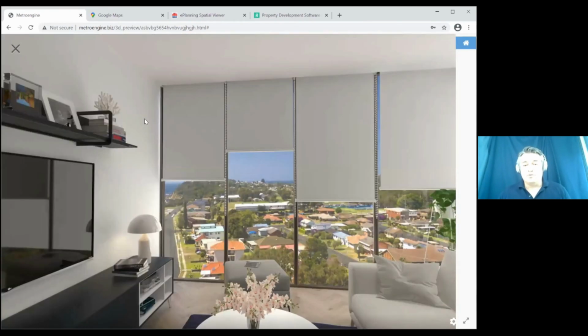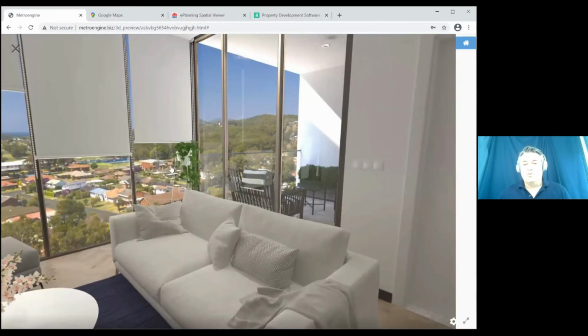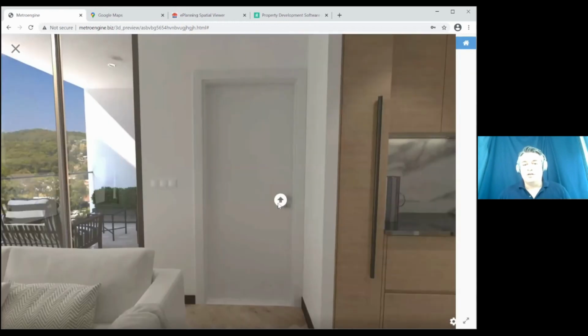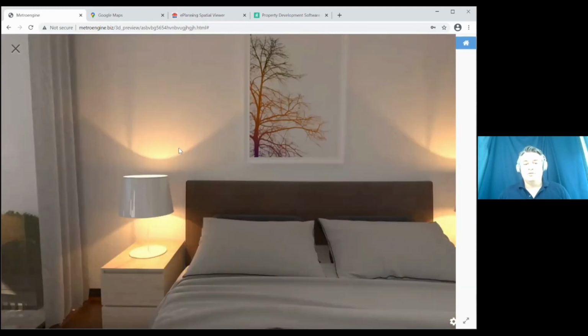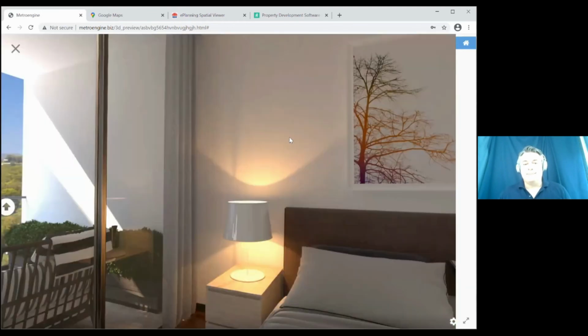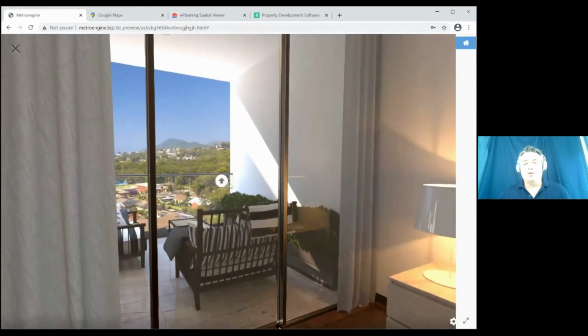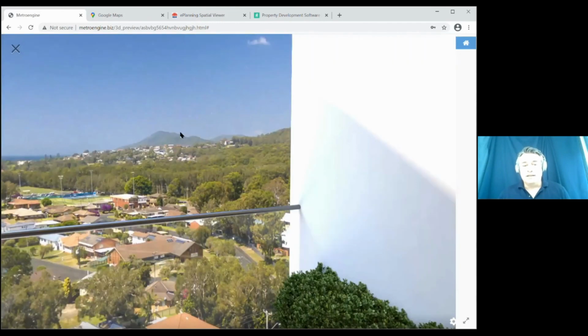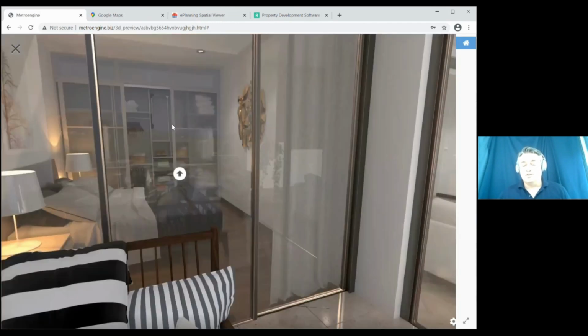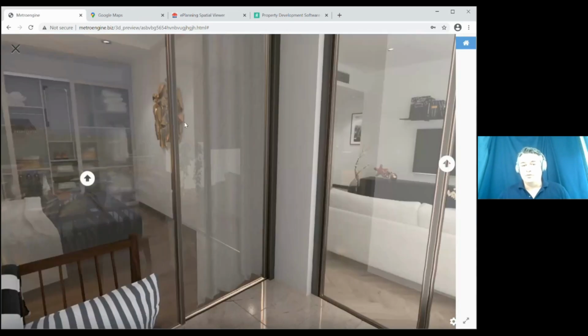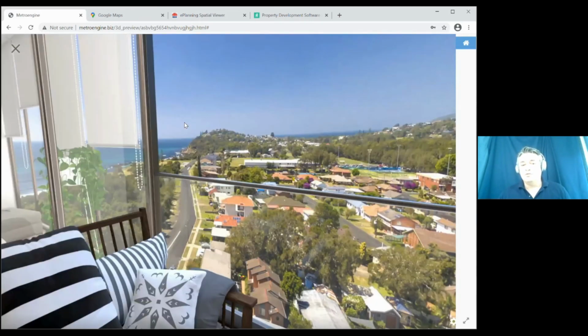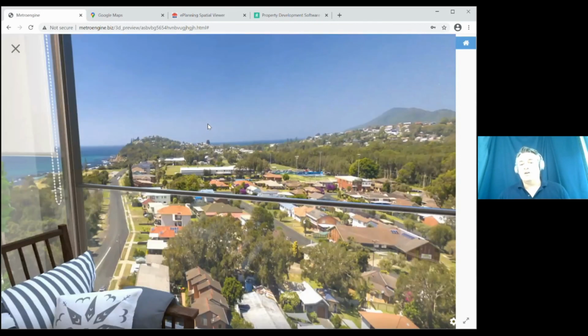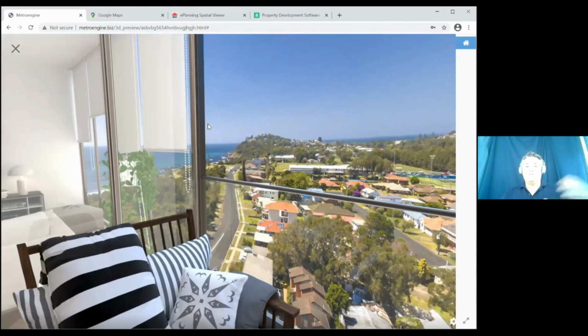This is the actual apartment of this building that's being sold. What I want to do, okay, we have another room here. I will be quick with this, don't worry. And once we go into another room, we can see where will I be living. But more importantly, you can go outside and you can actually take a look at the actual view, in this case from an unbuilt property. So this property will be built in about 1.5 years from now, and you can see all the views before you buy the property. Not only that, but you can see everything else. So you can see the floor plans, you can get all the data that needs to be presented and whatnot.